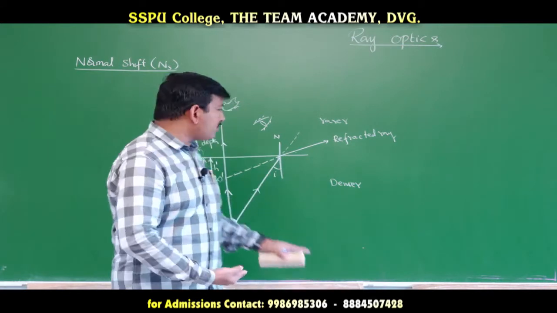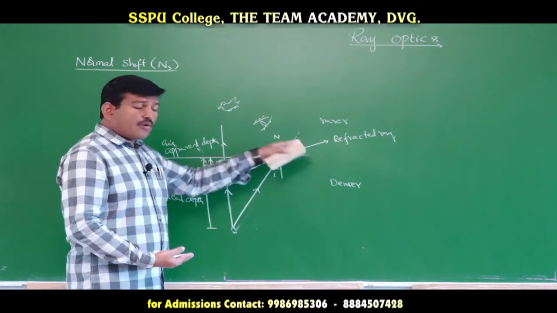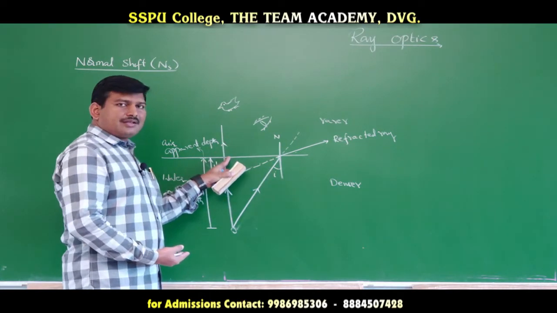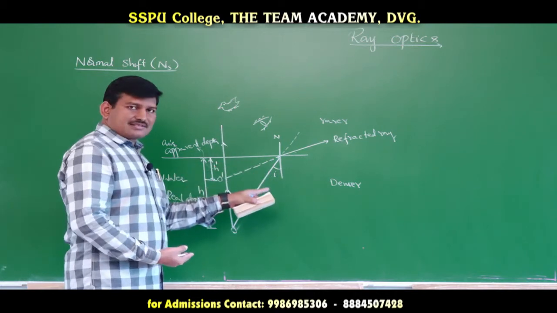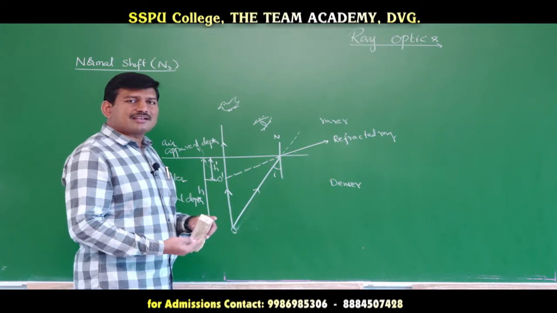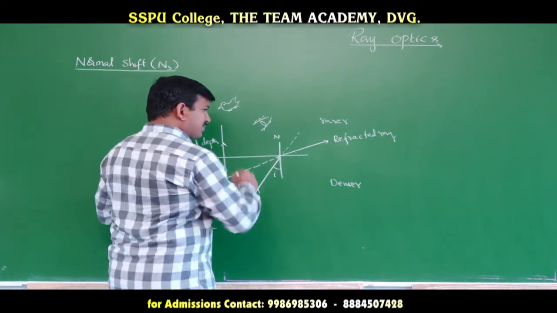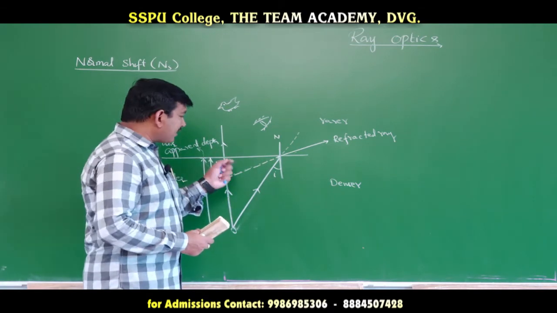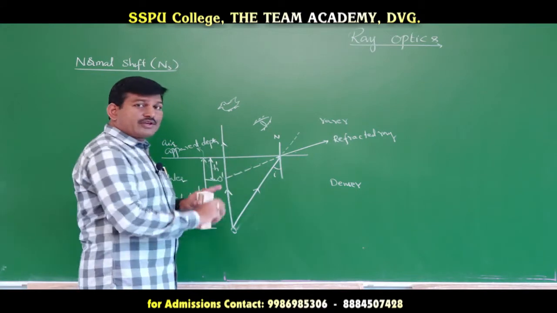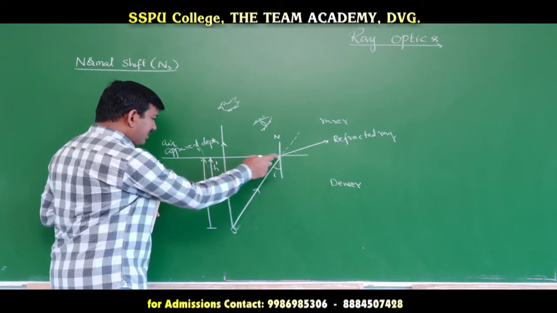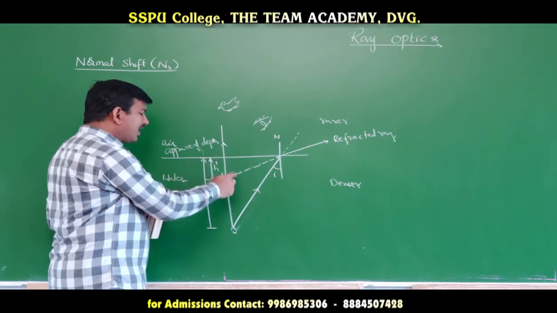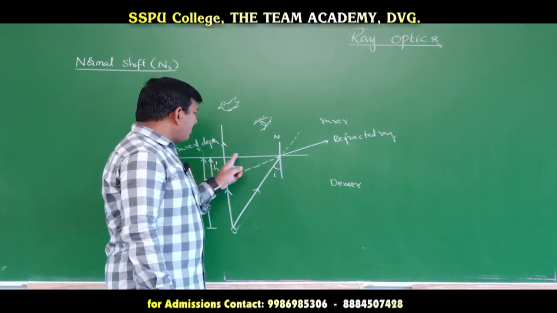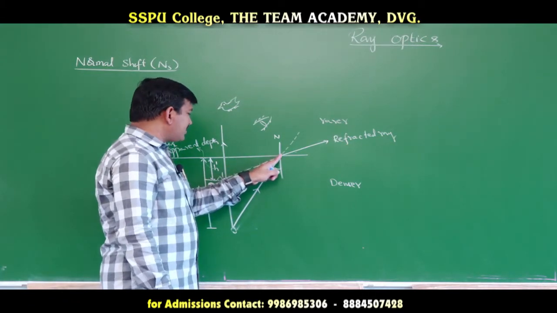But I am not drawing the normal view here. I am drawing a sideway view. If I draw the diagram almost normally here, then you cannot get the diagrams like this, and we will have some confusion. In order to eradicate that confusion, I have drawn them well separated, but actually this is to be drawn almost normally. For our better understanding only, we are zooming the picture here. Actually, this point is almost here, but if it is here, I can't visualize the triangles properly. That's why, for clarity purposes only, I have drawn the refracted ray here, but it is close to the normal line.